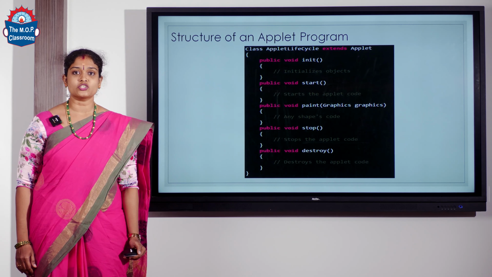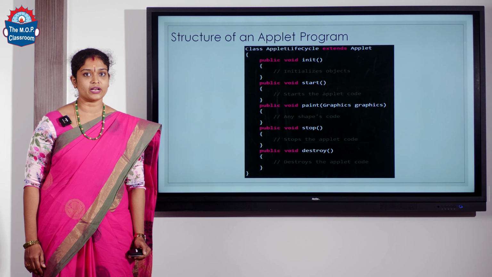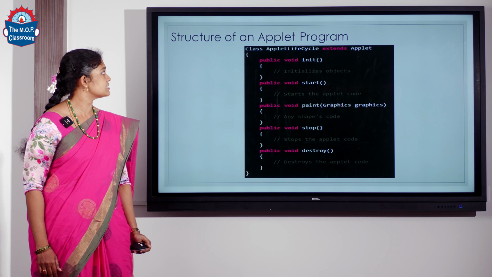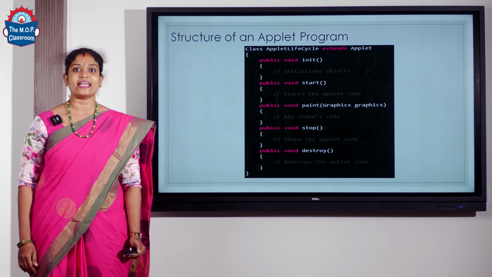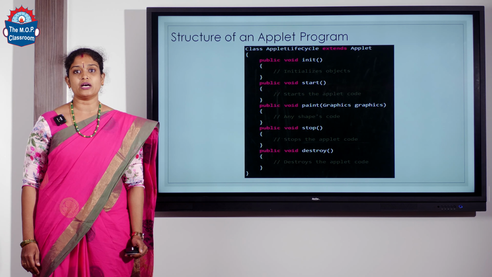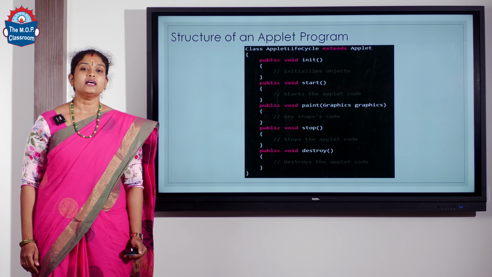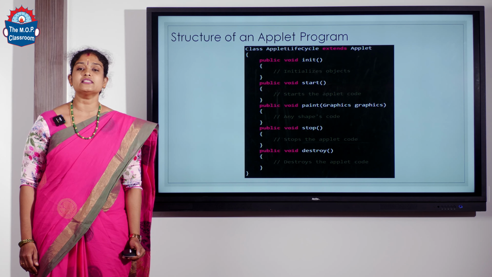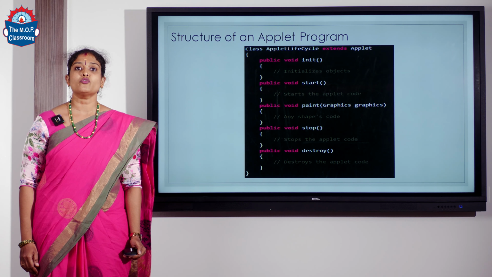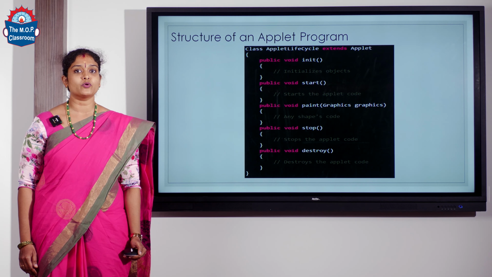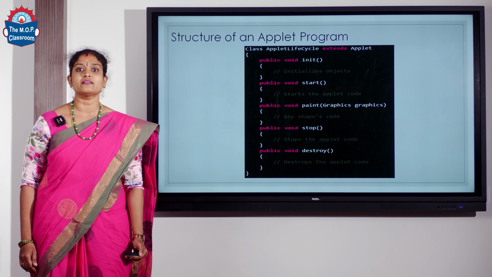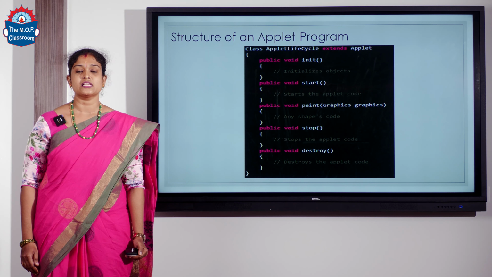So here is the structure of the basic Java applet program, and here we have the class name as AppletLifecycle. So class AppletLifecycle extends Applet. Here the normal applet program is inheriting the methods and members of the Applet class. So we have to put the extends keyword. So the Java applet program is going to inherit all the methods and members of the Applet class, for which we